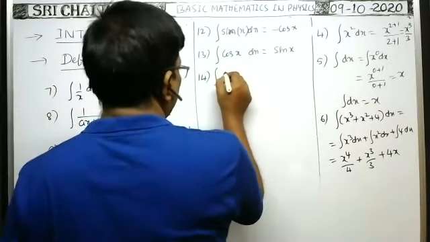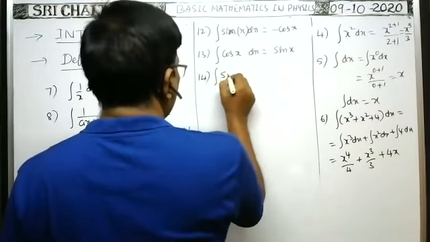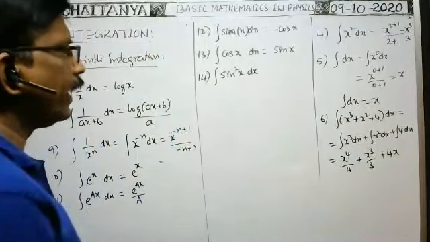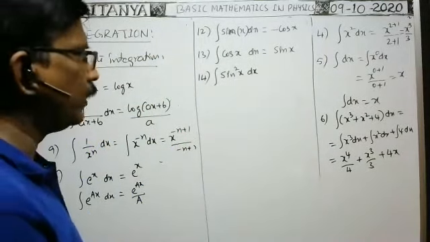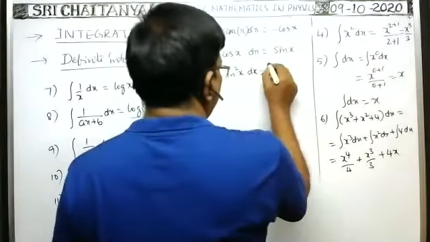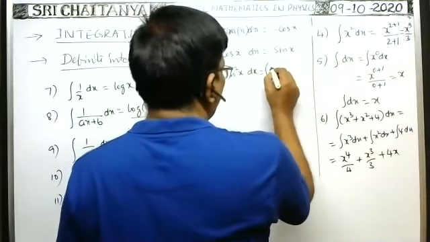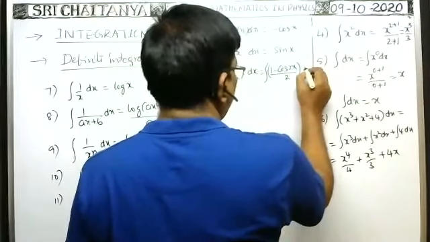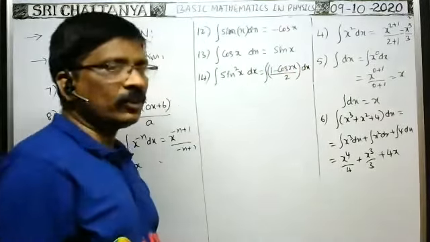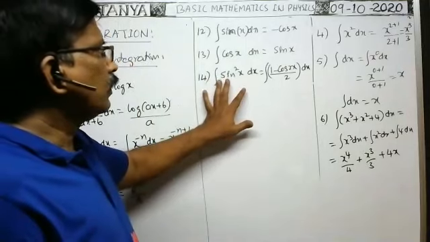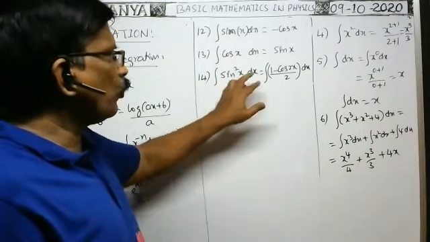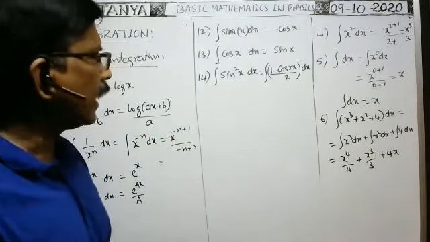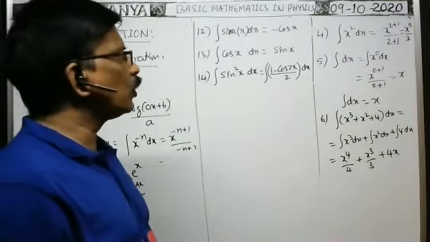ఇంటిగ్రల్ sin square x dx. ఇంటిగ్రల్ sin square x dx మనం డైరెక్ట్ గా ఇట్లా చేయలేం. అప్పుడు దీనికి ఏం చేయాలి? ఇంటిగ్రల్ sin square x అంటే 1 minus cos 2x by 2 రాయొచ్చా ఇంటూ dx. మీకు ఆల్రెడీ ట్రిగోనోమెట్రీలో ఈ ఫార్ములాస్ చెప్పాం. sin square x is equal to 1 minus cos 2x by 2.